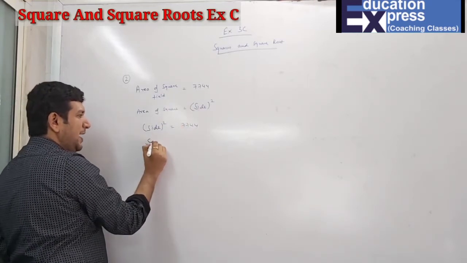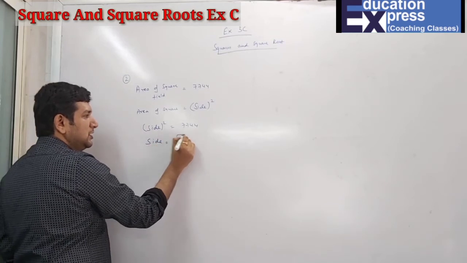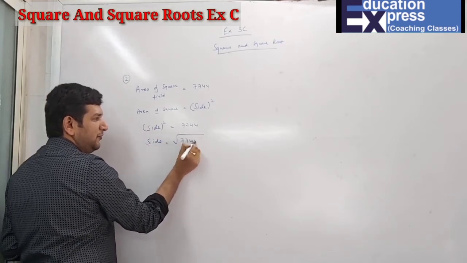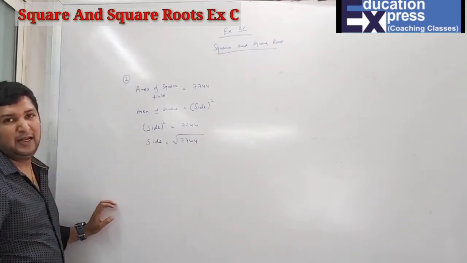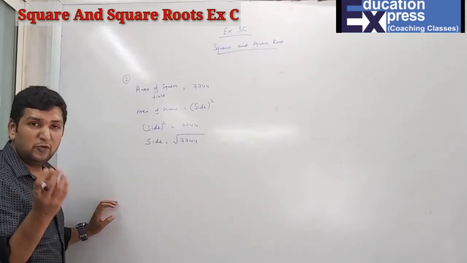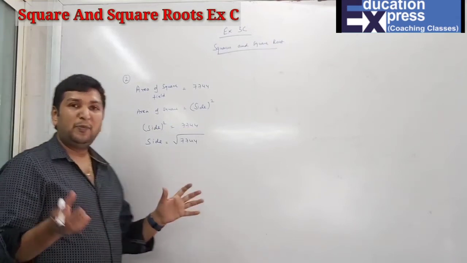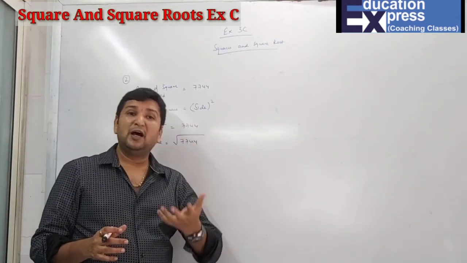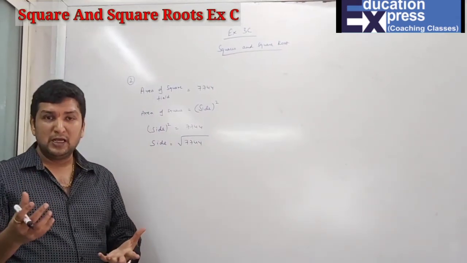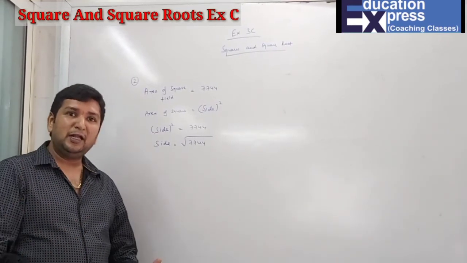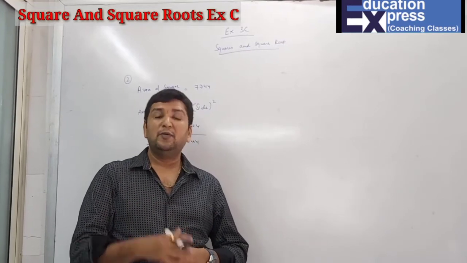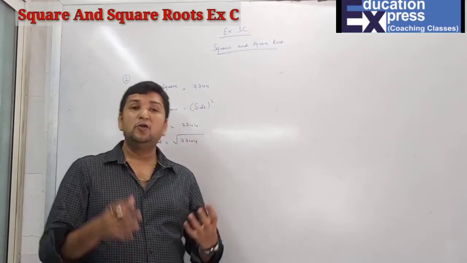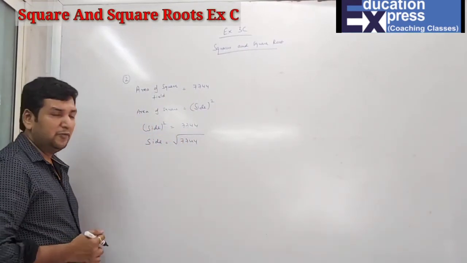Whenever there is a square, we have to take a root. So the root will be of 7744. Now students, here the method is not mentioned, so I can definitely go for any method. But students, in a few sums, when you go for the prime factorization method, it becomes very tough because certain numbers are prime numbers and they're big numbers. So better, if we do it with the division method, that will definitely be helpful, because whenever the numbers are big also, you will not get stuck. So I'm just doing the division method over here.